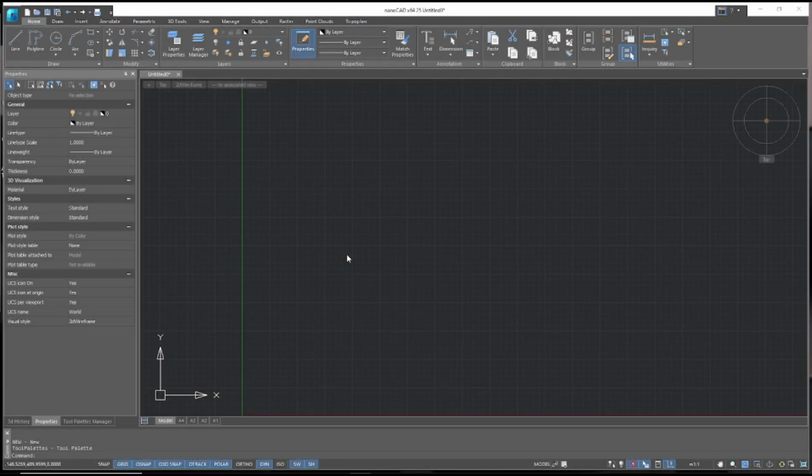Hello everyone, today we are going to learn a basic NanoCAD tutorial: how to add attribute to an existing block. So for example, I will create a block. You can draw a rectangle